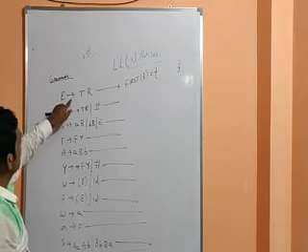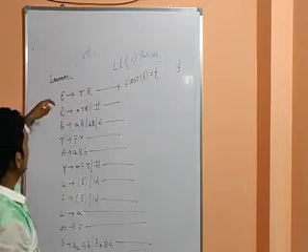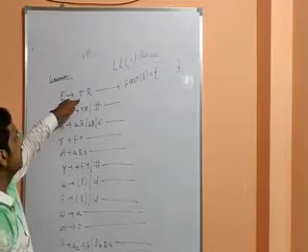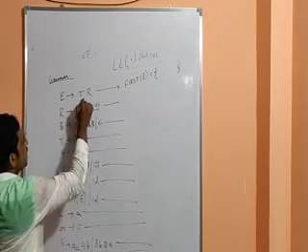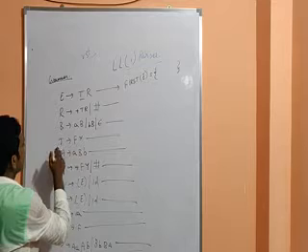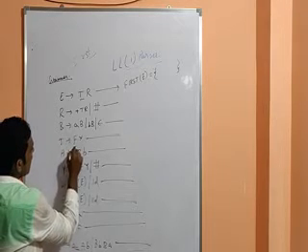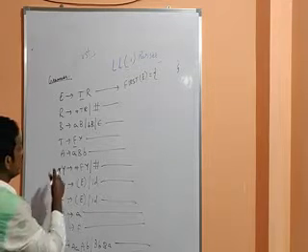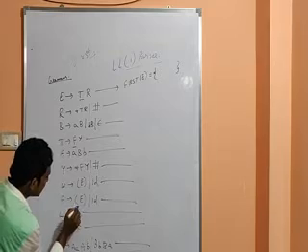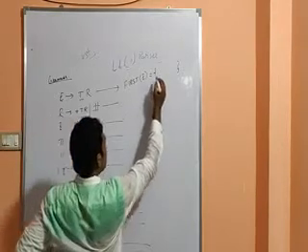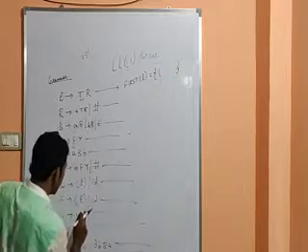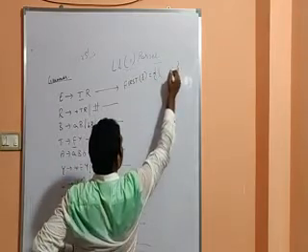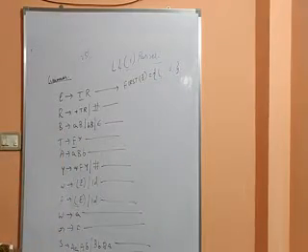What is the first of E? E tends to capital T, capital R, isn't it? What is the first variable we have here? Capital T. This capital T is a non-terminal symbol. So I will move to the capital T position. What is capital T giving? Capital F. Again capital F is also a non-terminal symbol, so I will move to the capital F grammar. What is capital F giving? Open curly brace. Open curly brace is a terminal symbol for us, so I will write open curly brace. And what is the alternate it is giving? Capital F, ID. So this is the first value of the given grammar, capital E.